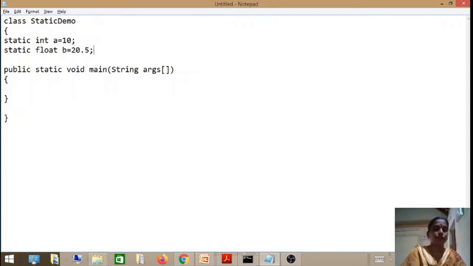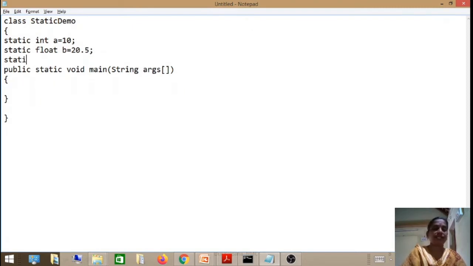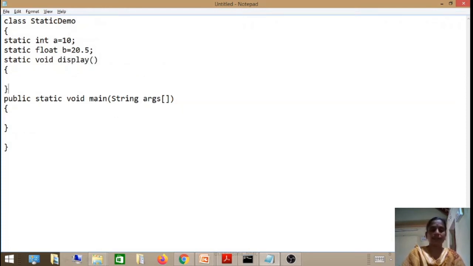So I have introduced two static members, and I am going to introduce one more static method, static void display. This display method is used to display the static variables, namely a and b.